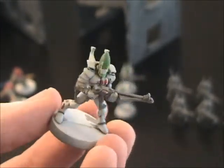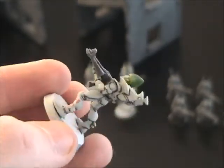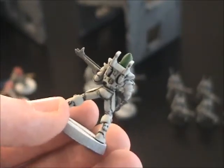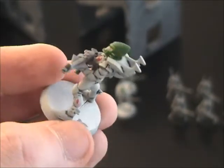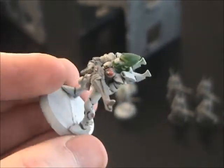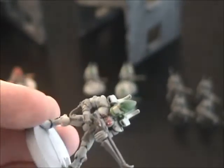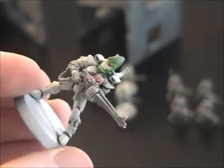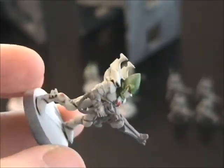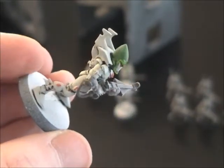So one thing I will say, just as maybe my own personal review, is that I put some together, and I'm going to show you in a moment, some other Guardians today that actually come with the starter set of all of Eldar, and they don't have this peg that goes into the chest. As much as these were easier to put together than those, because those have all the limbs independent, which allows more mobility and things, I actually found this hard to snap together. Not hard to just put them in, but just, if you'll see,